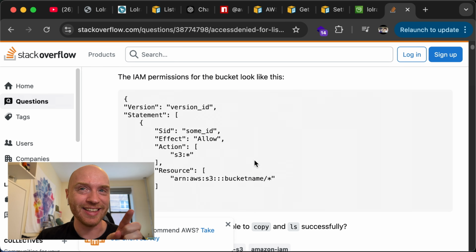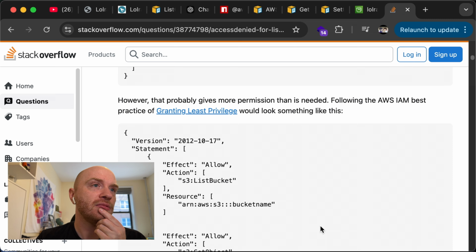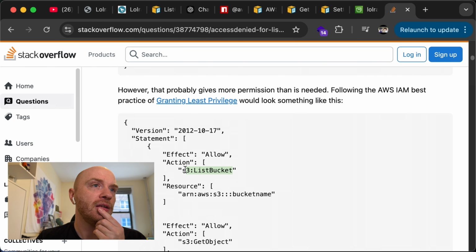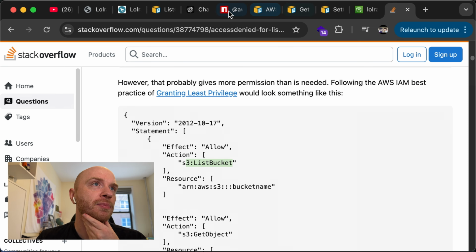Well, this looks like it allows anything. So let's look at our policy again.